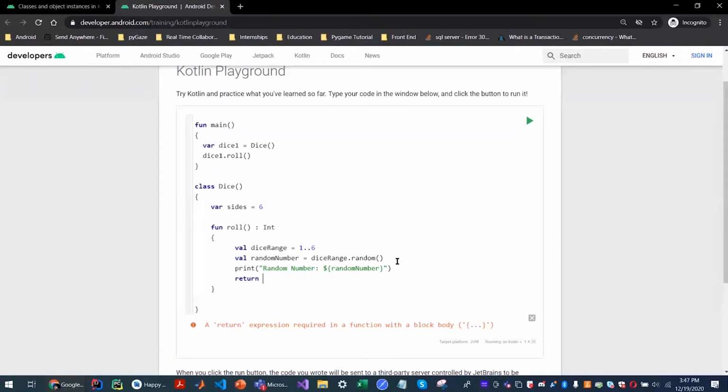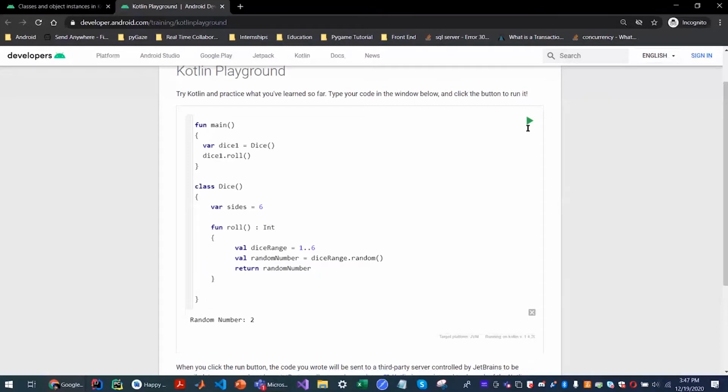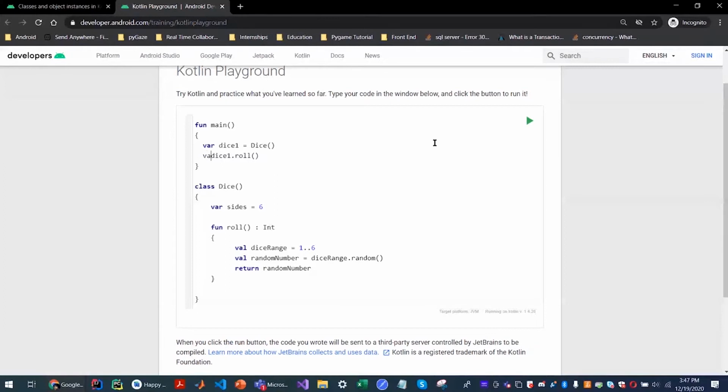Now we return the value, but this is of no use to us right now because we're not capturing it anywhere. So if we run the program, nothing will happen. When you assign a variable to the function you're calling, whatever it returns will be assigned to this automatically. And then we can print it from the main function itself.